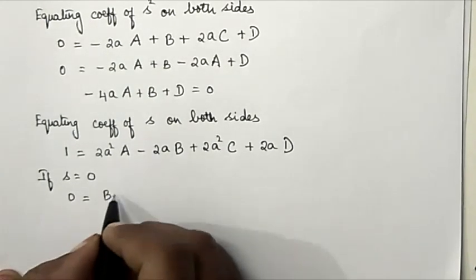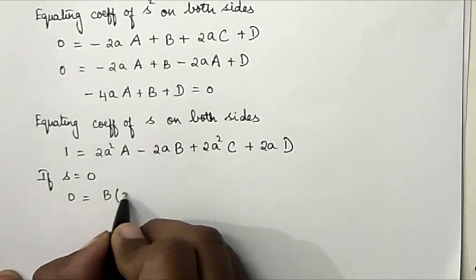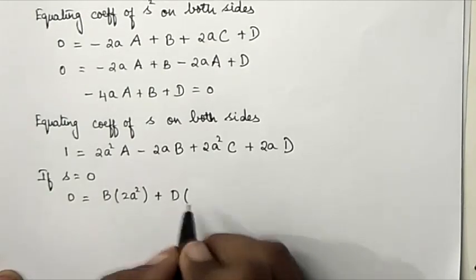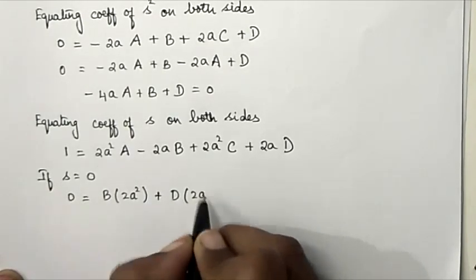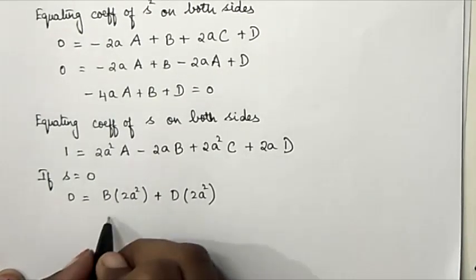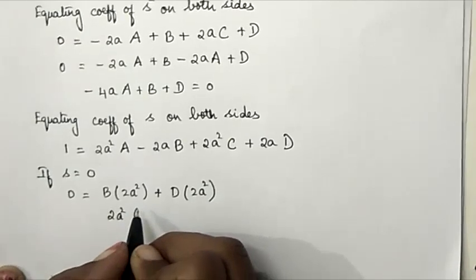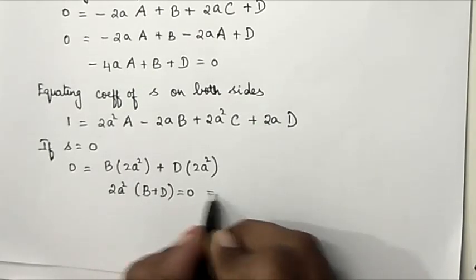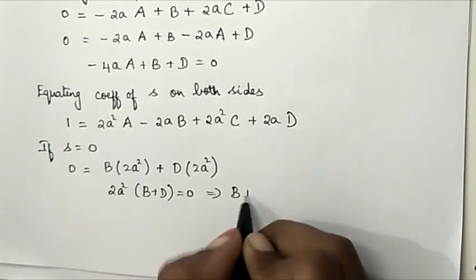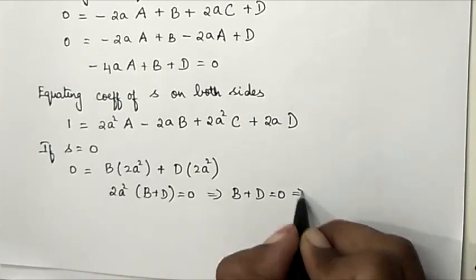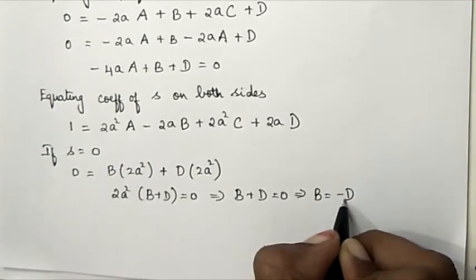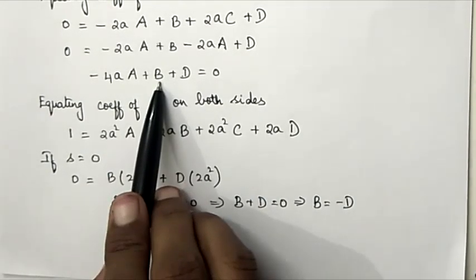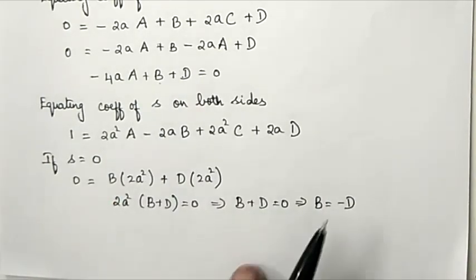b into 2a² plus d into 2a², or I get 2a² into (b plus d) equal to 0, which implies b plus d equal to 0, and that implies b is negative of d. So I can substitute this b value here in this equation. If I substitute b as negative of d, what I get is,